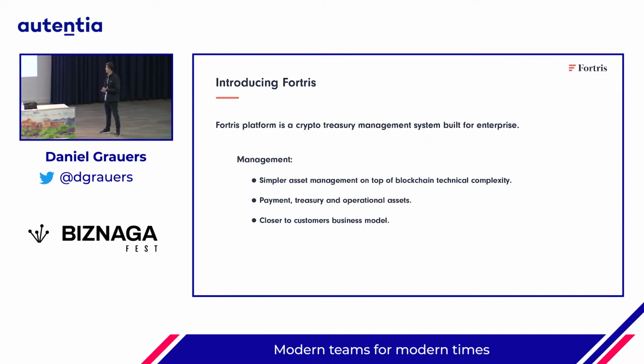regarding methodologies and strategies. For that, I'm going to use Fortris as a reference, as an example, in 13 moments in time since the company started to illustrate this. And in order to give it some context, let me introduce you a little bit to the company and what